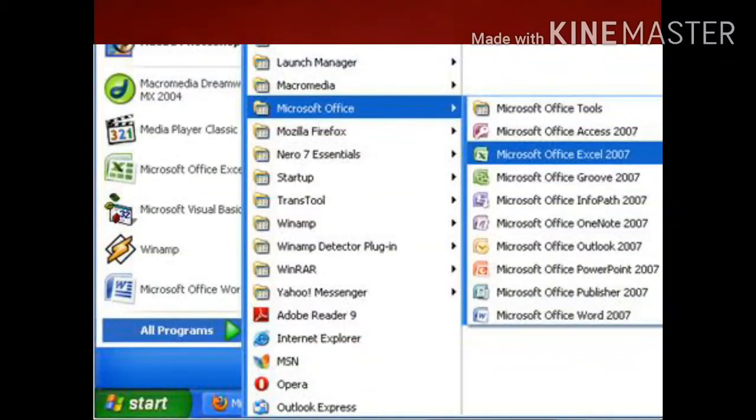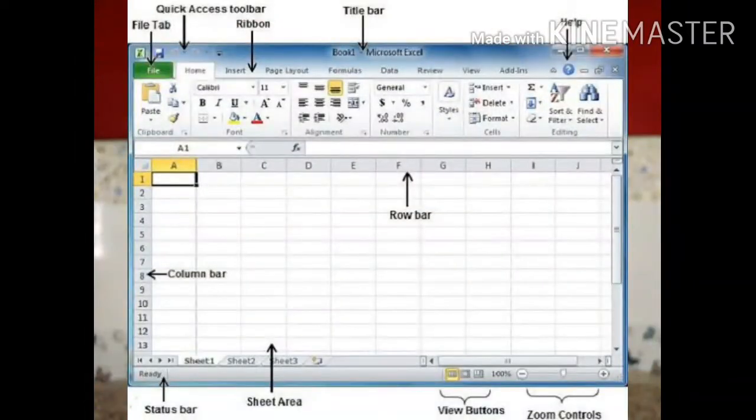How to open the Microsoft Excel file? It's the same. You click on the Windows button, click on All Programs, click on Microsoft Office, click on Microsoft Excel. The Microsoft Excel screen will appear. Here also, first you will get the title bar, the menu bar, different menus are present on the menu bar, then toolbars, and then the cell, the working place. In this software, Book 1 is the default file name.